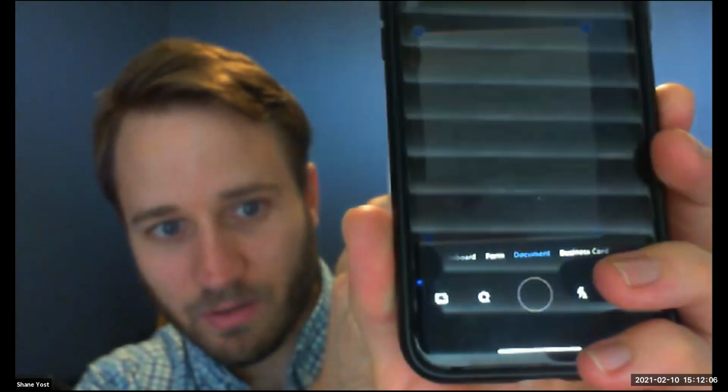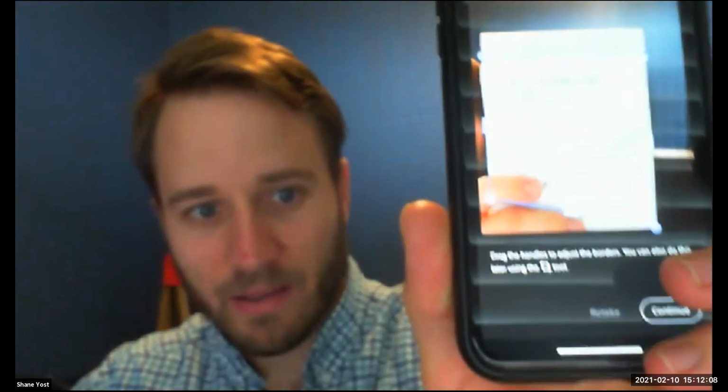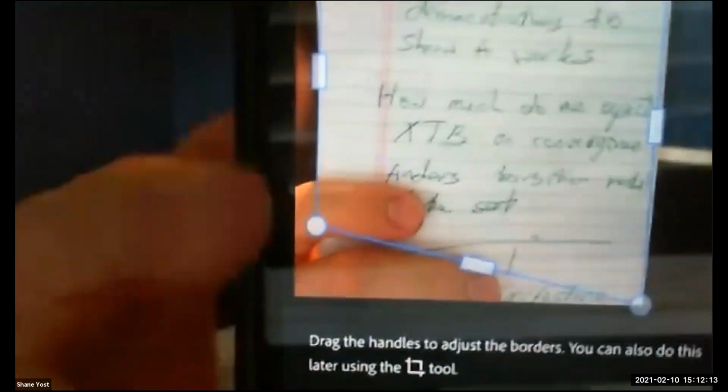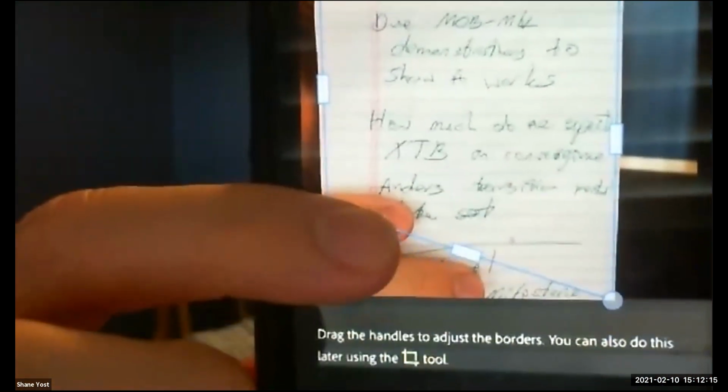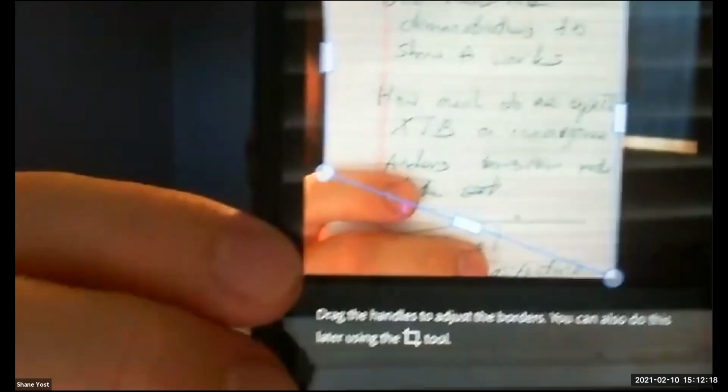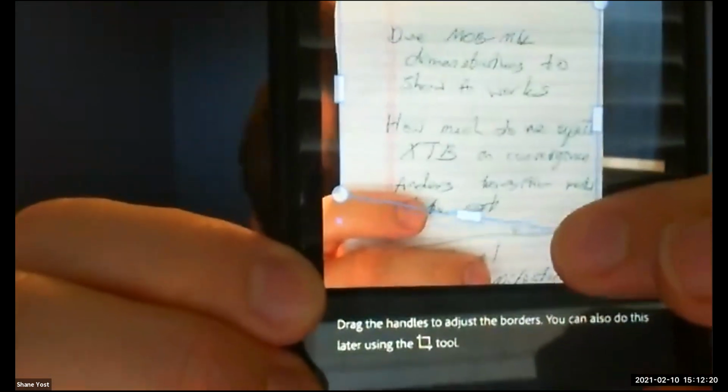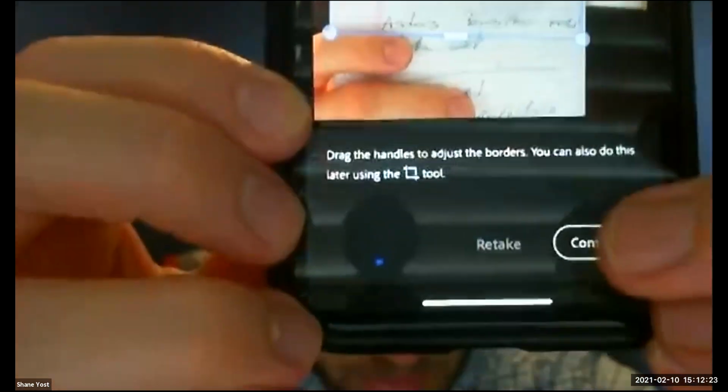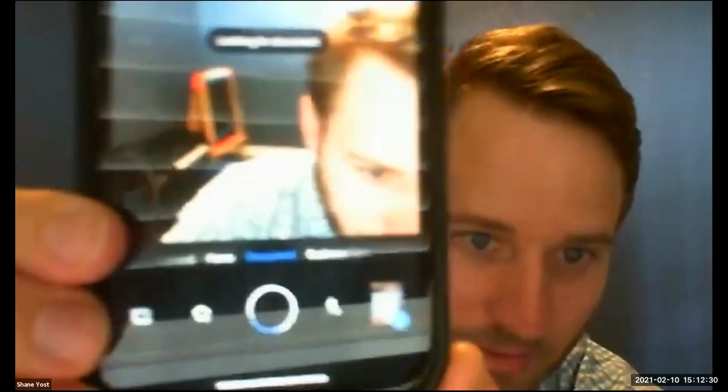I don't know if you can see, but as a picture it has these little dots that you can use to define where the edges are on the paper, and you can move those around. Then you can click continue and take more pictures. If you're done taking pictures, you can click on the images at the bottom. You can't really see it because of the lighting on my phone, but